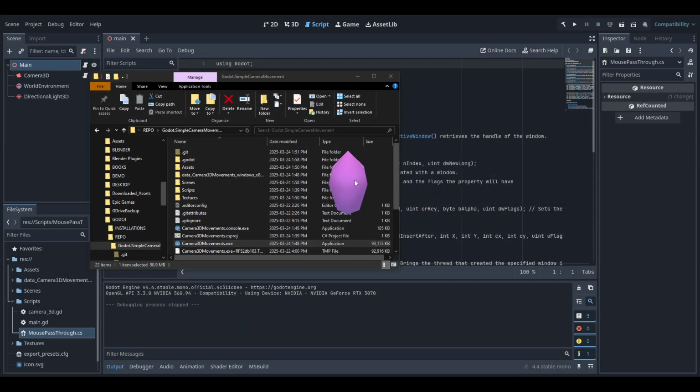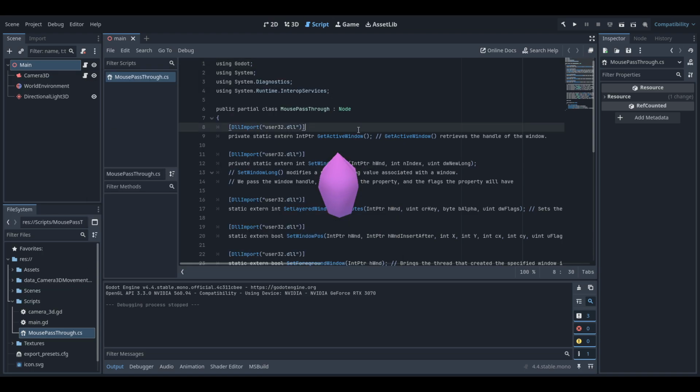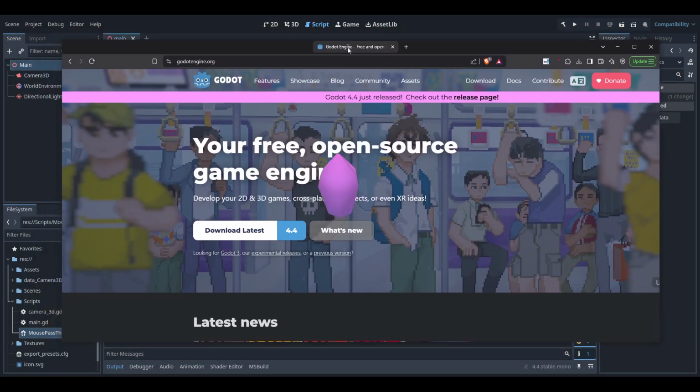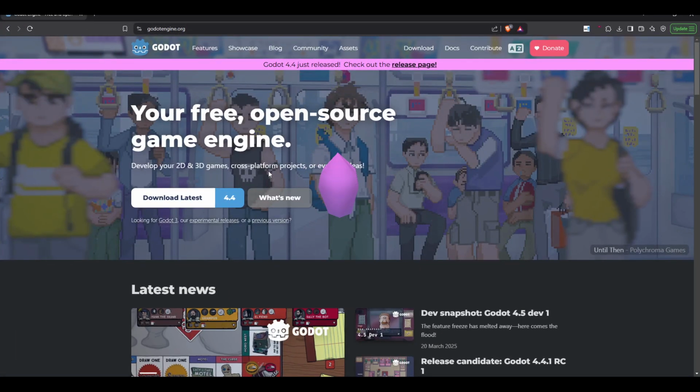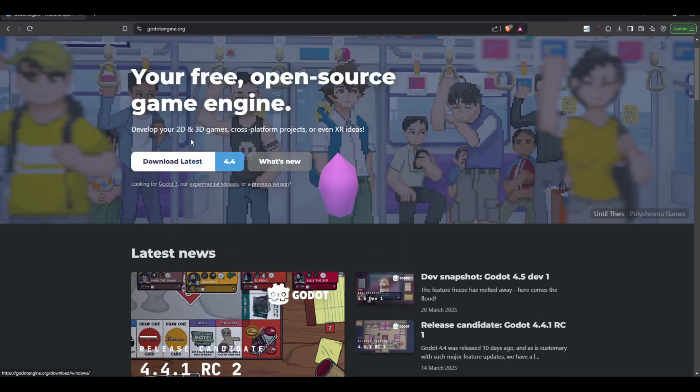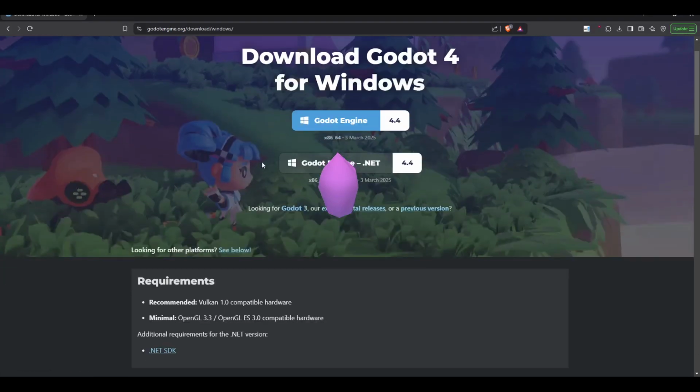So, let's see. I'll show you the code that I made. But first you need to download the Godot version, the C sharp version. Let's search for it. So here's the website, Godot. You just click the download, and then